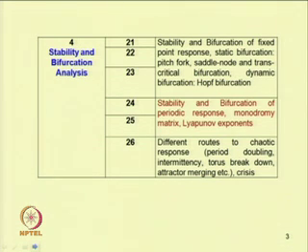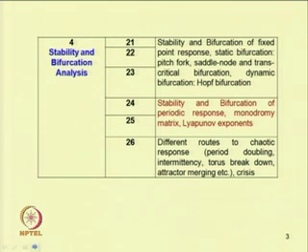For example, these will be the period doubling route to chaos, the torus breakdown route to chaos, then intermittency, and we will also discuss crisis. Also some methods to control the chaotic response, and the usefulness of the chaotic response, we will discuss in that class. Coming to the stability and bifurcation analysis, first we should know what we mean by stability of